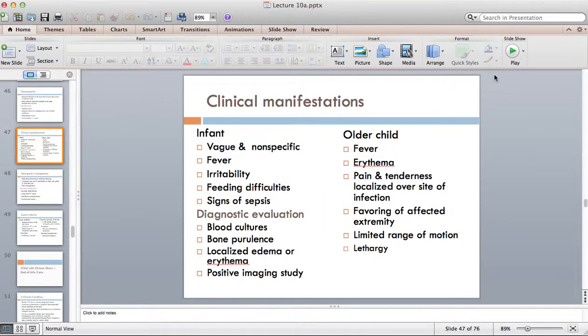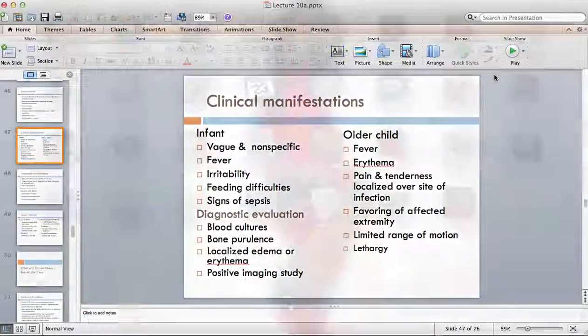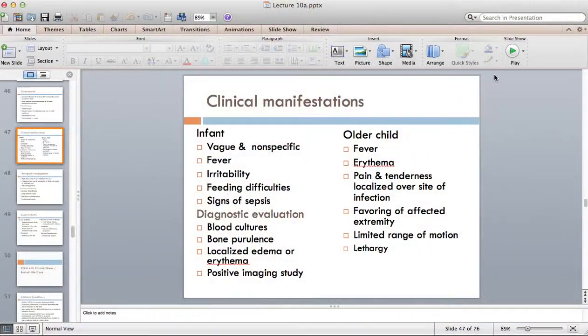For the older kids, they will complain of pain and limited range of motion, which is inconclusive until you do your definitive diagnosis to say, okay, this is what is happening. Because they'll have to rule out every other thing, including leukemia, when they're presenting with that kind of symptoms. So, treatment is by high dose of antibiotics,